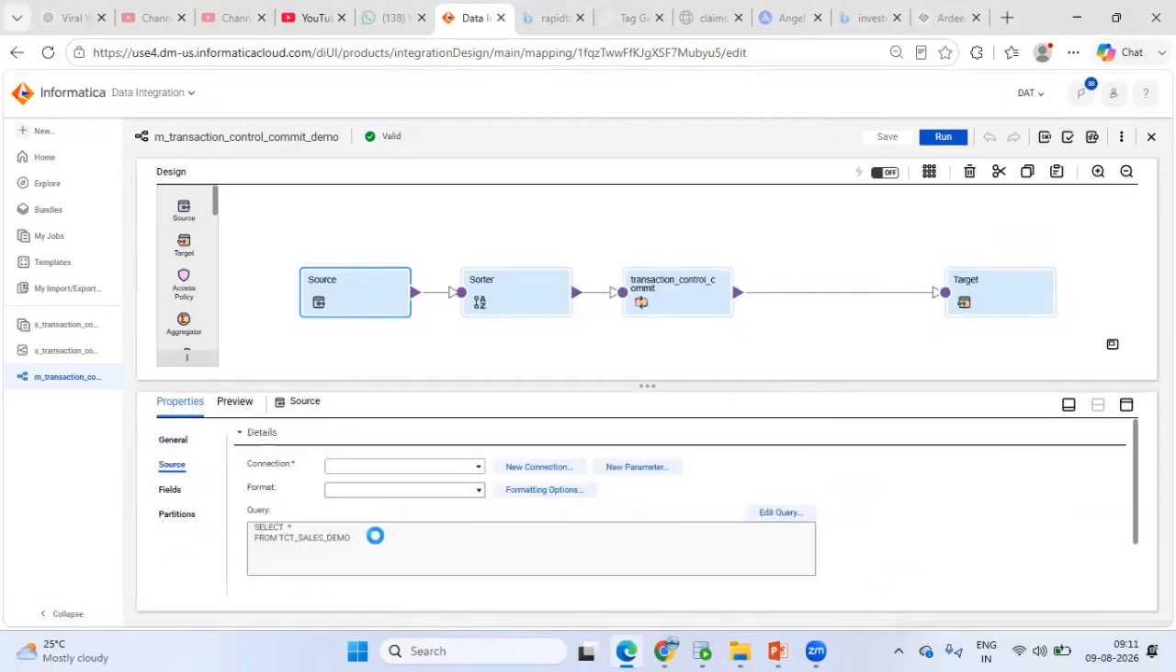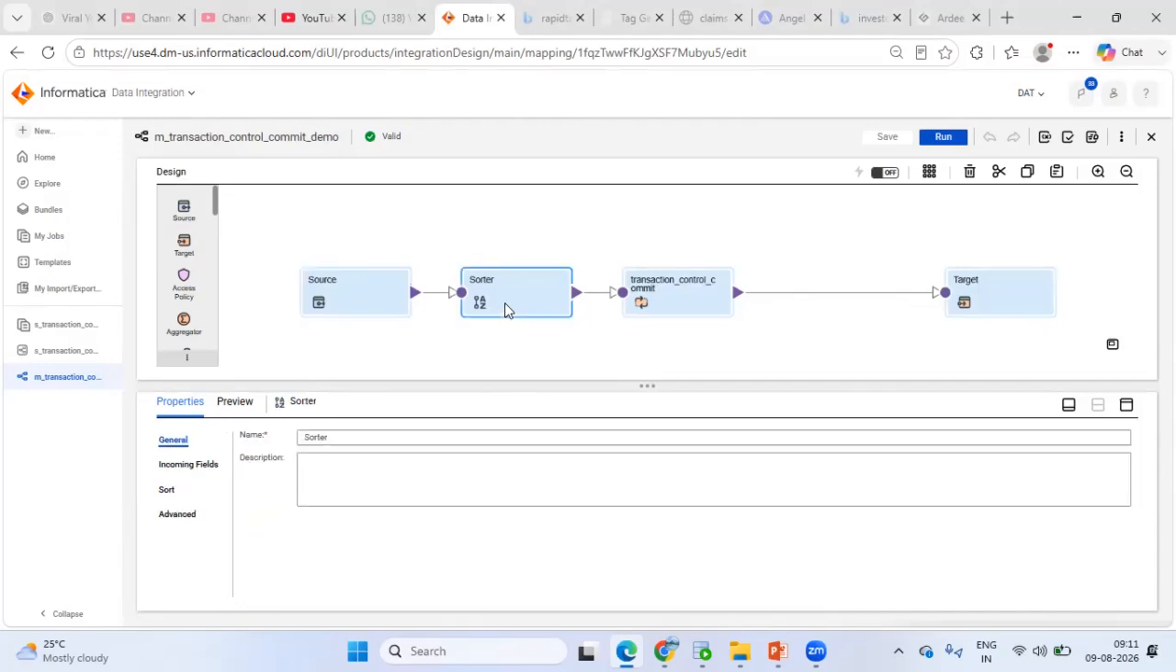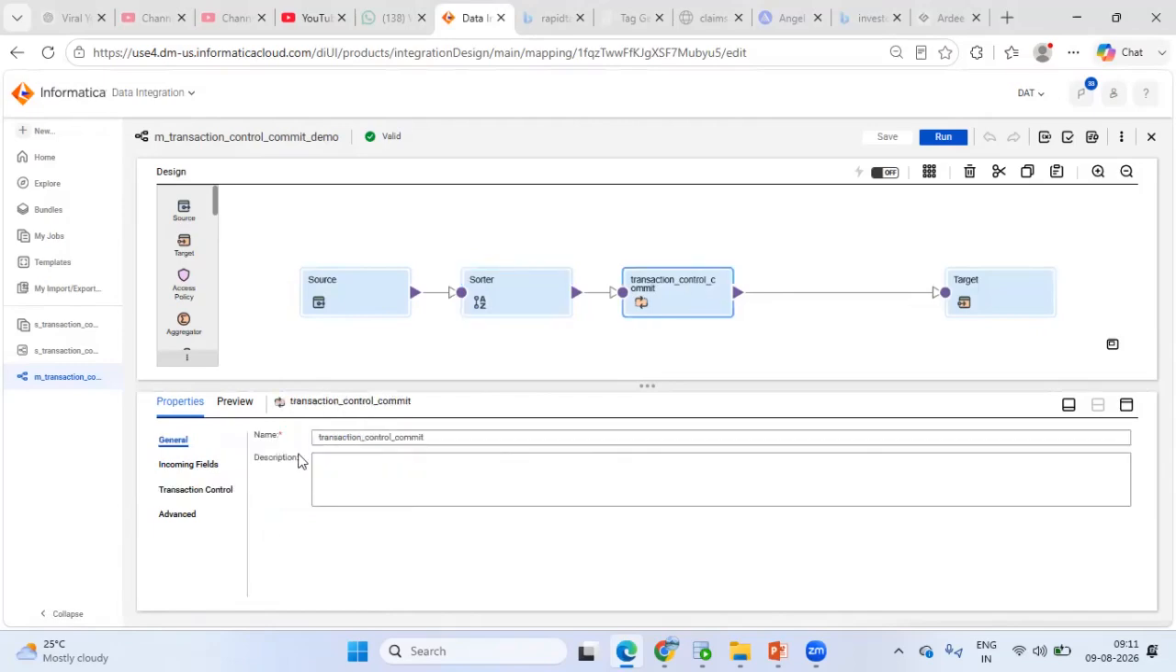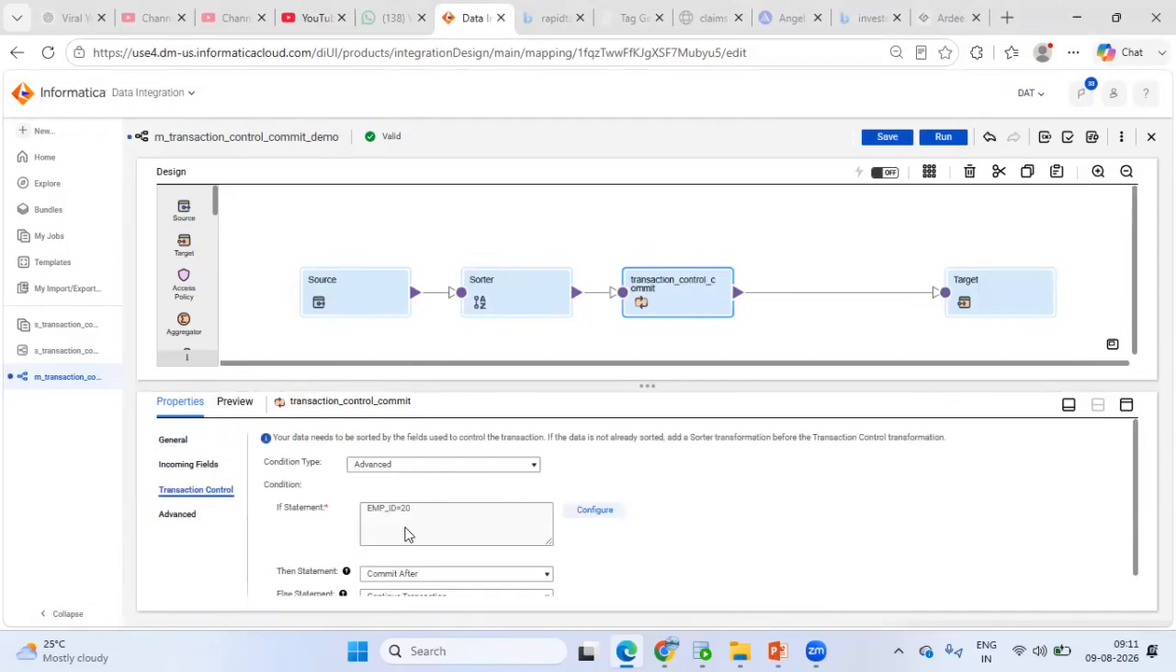In the source, we have configured one particular table, that is a select star from TCT sales demo. We have taken the sorter here. In the sorter, it is mandatory to sort the field using the particular column which we are going to use in the transaction control transformation. So we are sorting by employee ID here, because in the transaction control transformation, we are giving the condition using the